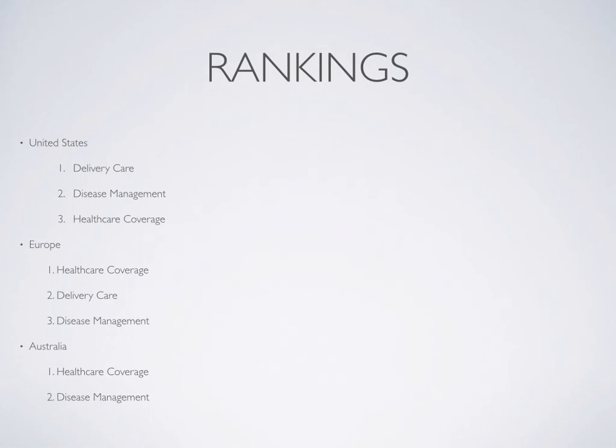For Europe, I would rank health coverage as number one, only because it's universal. It allows everyone in their country to have access or have some sort of insurance coverage. Delivery care, since they all have access to it, then the insurance they have covers whatever they need. So for them getting treated, it's guaranteed. And of course, you have disease management as the last one,